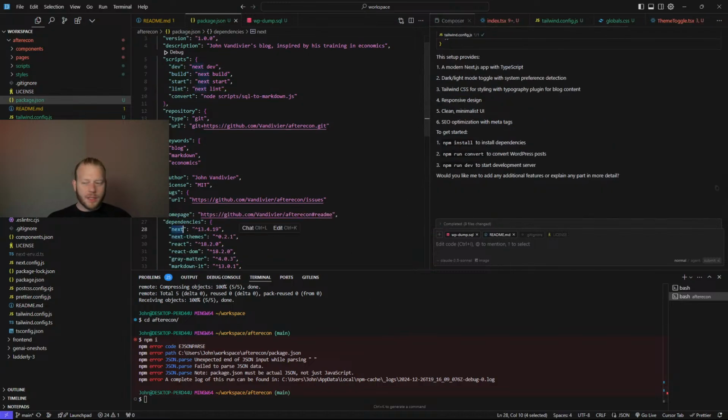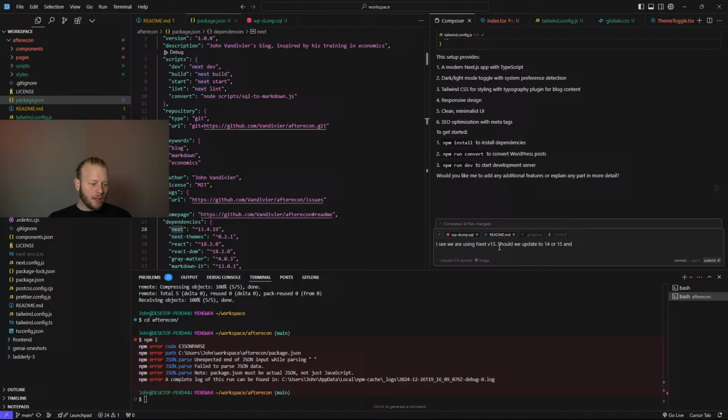And what is the latest version of Next? It's version 15. I see we are using Next v13. Should we update to 14 or 15?